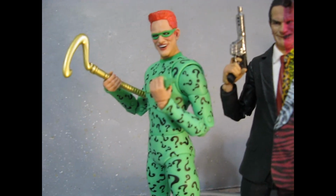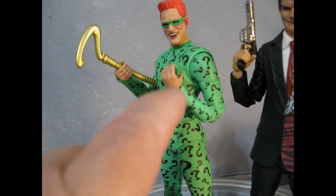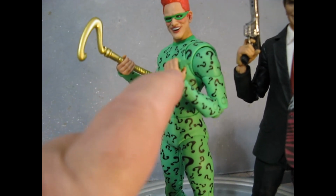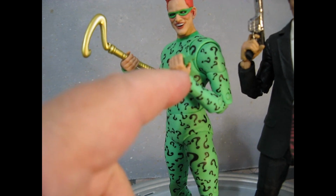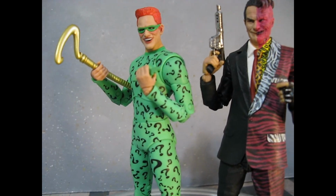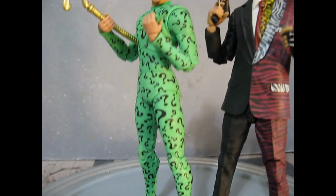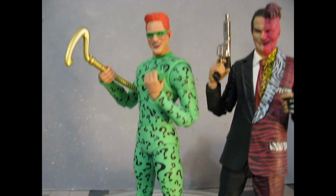The big flaw of the costume, of course, is it doesn't have the sleeve bit that goes between the thumb and the forefinger that actually pulls the sleeve up. He's just got hands with bare wrists. Well, that's not accurate. But, you know, that doesn't matter. I couldn't think of a way to fix that without making a costume. So, for a plastic suit...